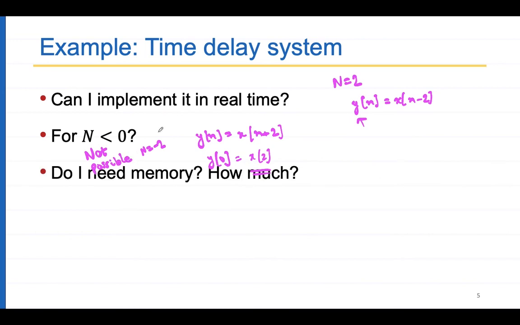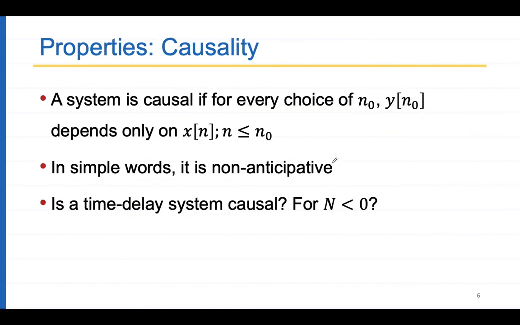Okay, next point is, do I need memory? How much? Yes, I do need memory to store previous values of x. How much memory do I need? It depends on the order capital N, right? These many numbers I need to save. Okay. So this brings us to some nice properties of discrete time systems. Let us look at the first property, which is causality. What is causality? A system is causal